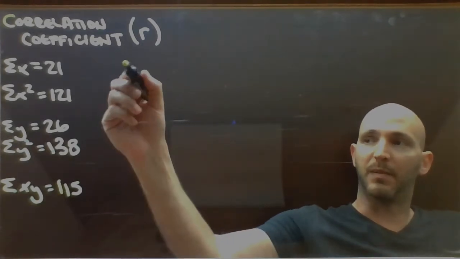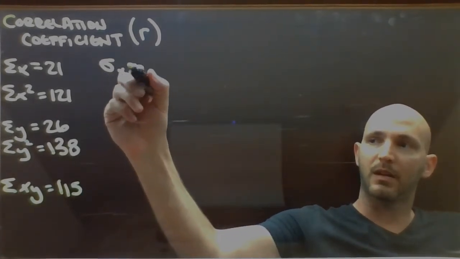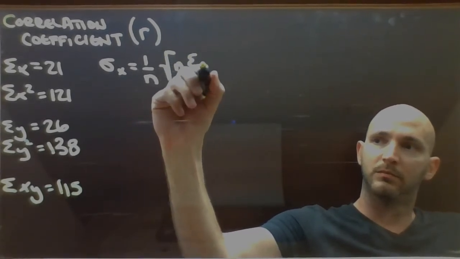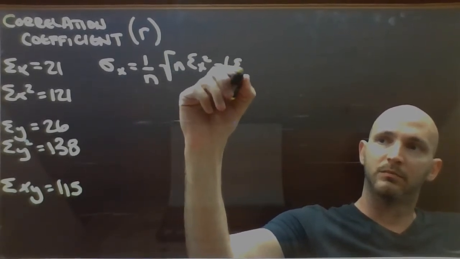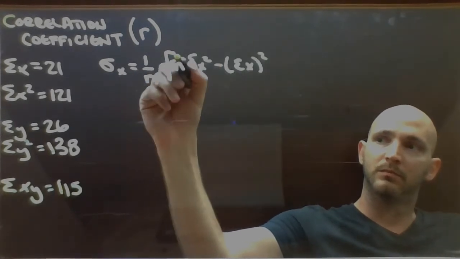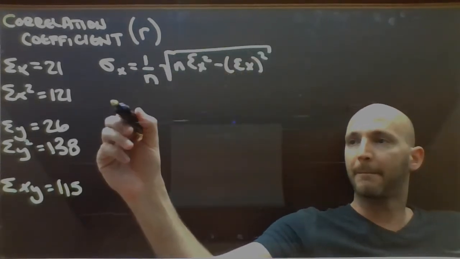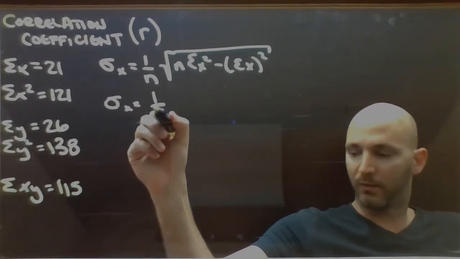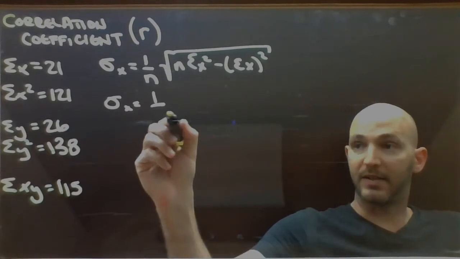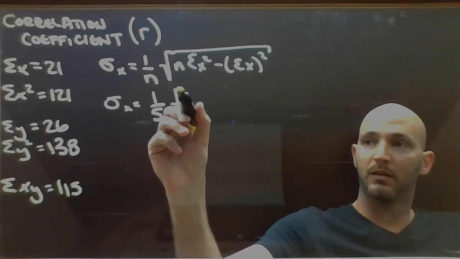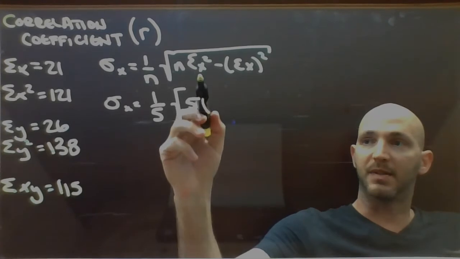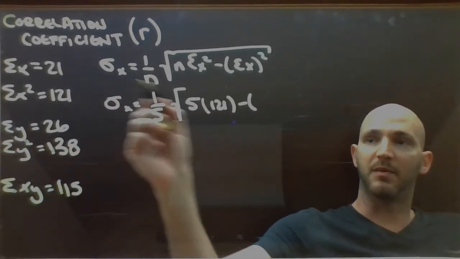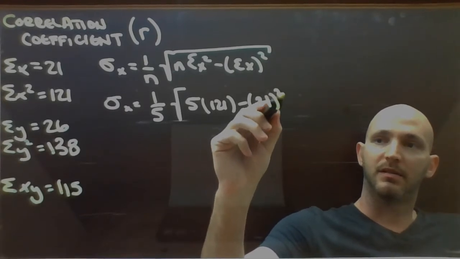So if I start with my formula, then my standard deviation of x would be 1 over 1, 2, there were 5 data points. 5 times the sum of x squared is 121, minus the sum of x squared